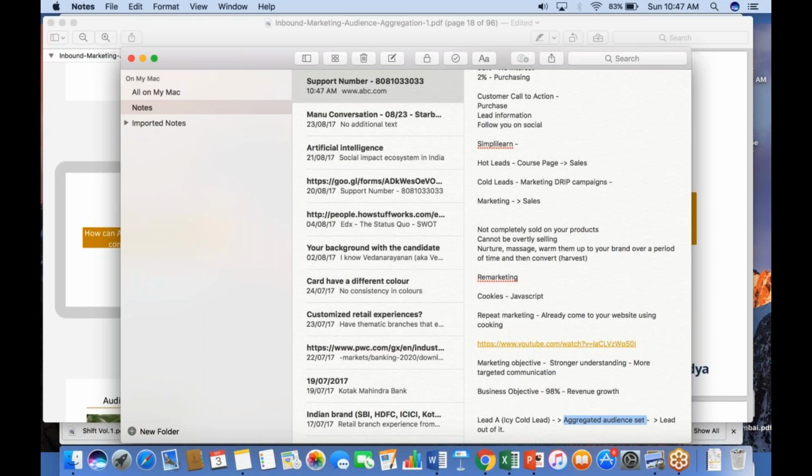So this is an example of a lead, which then goes into an aggregated audience set. Maybe you have a set of email campaigns which is specifically targeted at this IC cold bucket or this cold bucket. And then over a period of time, you engage with that user for maybe 2 3 months. The person then becomes a hot lead. He comes to your course page in the Digital Vidya context and says that, yes, I'm interested in purchasing the digital marketing course. And then he or she drops their lead information, after which the sales team takes over. Is that clear? So that's why I like Sumit's answer as well.